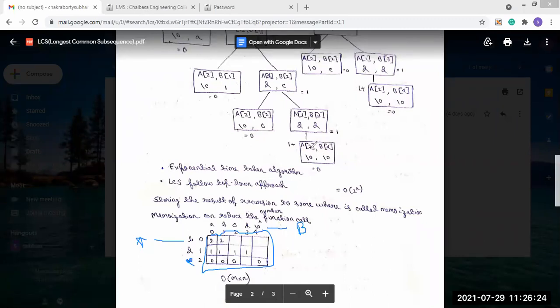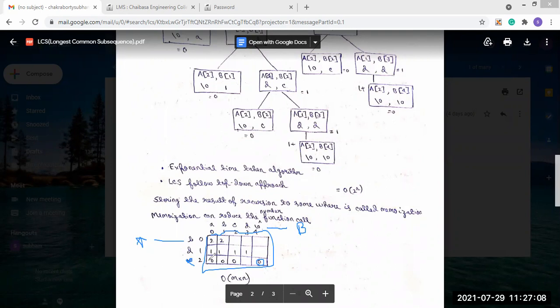So that means first in the tracing tree, first A2 comma B4. At that time in A2 there is no character present, so null character, and in B4 also there is a null character present, so we get the value as 0. So for A2 B4, the value we will put here is 0. Then 1 plus 0, so the value we will get there is 1. This value will be put here.